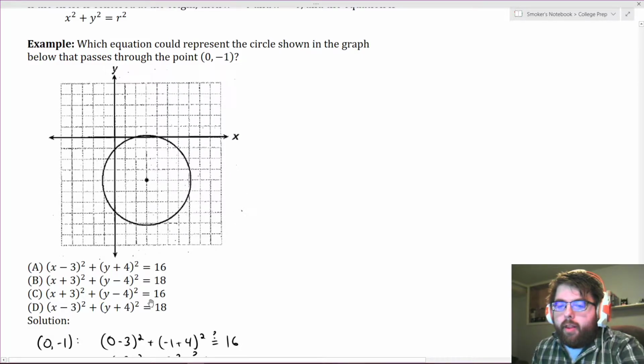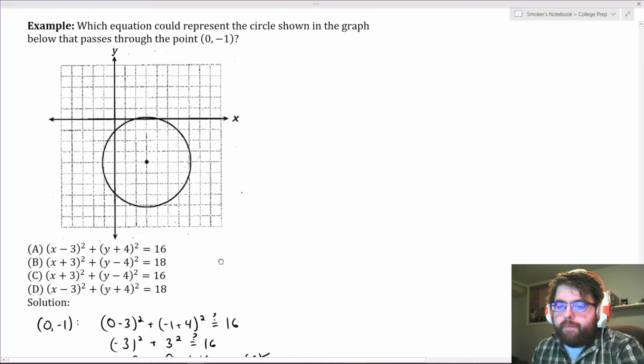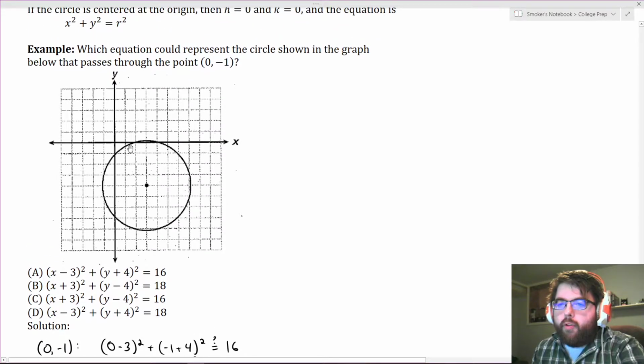One way to test this out: what it means for this equation to be the circle's equation is that every point on the circle can be plugged into this equation. If I picked any of these points on the circle, not all of them are obvious, but any point, even if I couldn't tell you what it is, if I knew it and plugged it in, like this point right here,